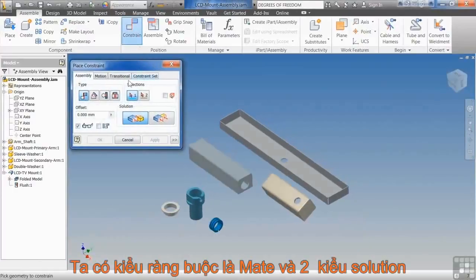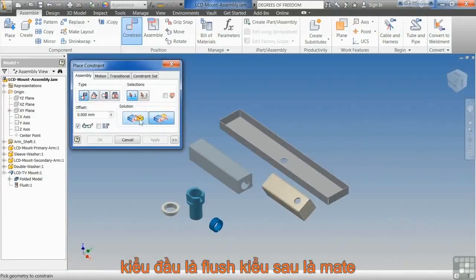To start with, top to bottom, left to right here, as always, we have the mate constraint, and it has two different solutions, which I really don't like the way they name this because this is mate and this is mate, or you can go mate flush. So mate mate or mate flush. So usually if I'm telling you to put a mate constraint on something like this will be flush, like this will be mate. If I hit escape here,